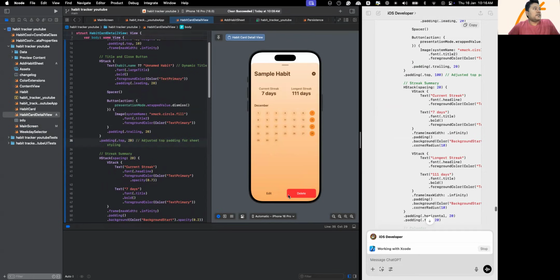So we have edit and delete here, right? If I click on delete, nothing happens. If I click on the edit, nothing happens. In this video, I'll focus on delete. Maybe edit, I'll do it in the next video. So what I'll do is I'll select this code,